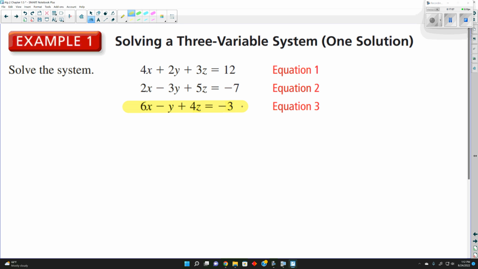Now once we pick it and we use it to eliminate the first variable, we are not going to use it till the very end, or we don't have to really. We're not going to use it in the next few steps. It's just used to remove that variable. Does that make sense? Okay, now